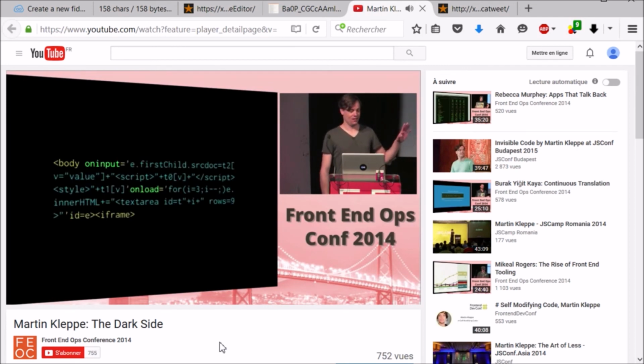So I'm gonna explain a bit what's going on here. So you have a body, and in the body there's an iframe, and on load it generates different text areas for the HTML, CSS, and JavaScript. And as soon as you input something into the field, it updates the srcdoc of the iframe with the script and the style and the HTML. So you have the preview of what you will see. Quite cool.